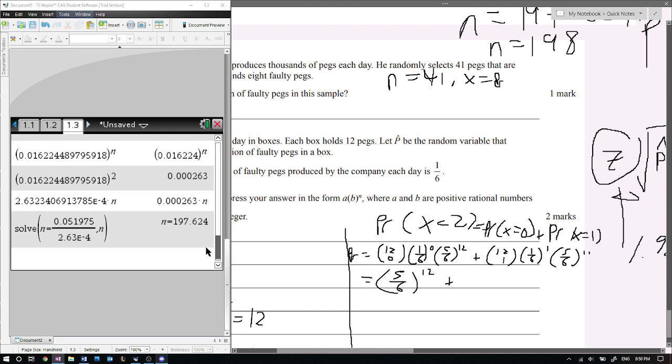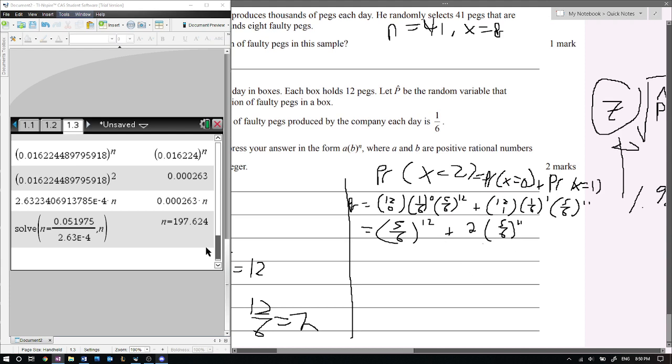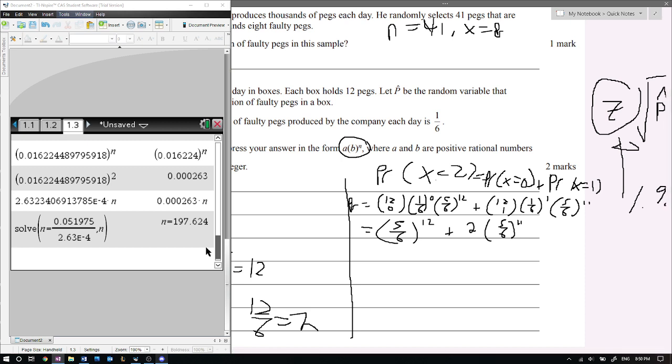That is 12 ways to pick out 1. So 12 times 1/6 is 2, times (5/6)^11. So you're not done yet. That is correct, but you're still not done because Vika wants you to express it in this form. And this is just going back to exponential laws. We're trying to find a common factor to take out because it wants something in a bracket. So the common factor here is